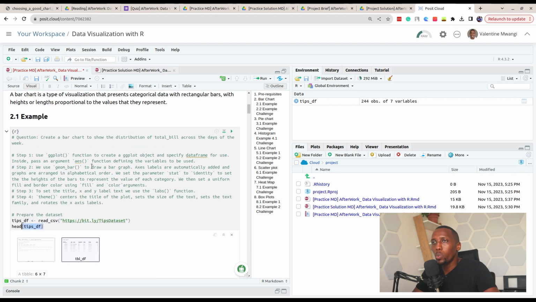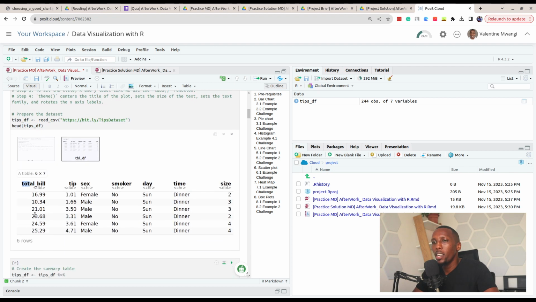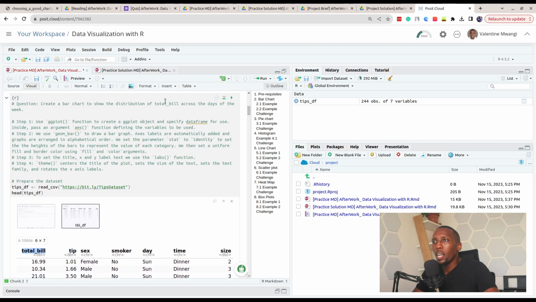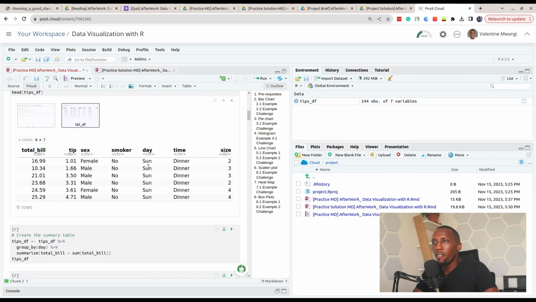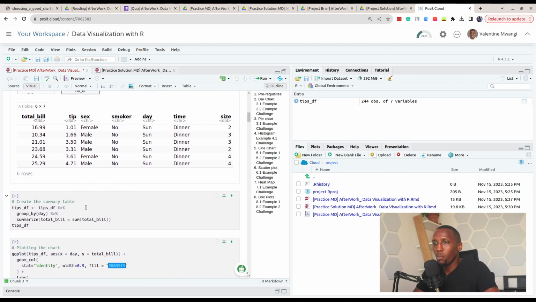And these are the columns. So what we want is to create a bar chart to show the distribution of total bill of this particular variable, of this particular column. That's what we want to do. But something you will note is that we want to show the distribution of total bill across the days of the week. So you see that we have Sunday, we could have Monday, Tuesday, but we don't know which day. So we will create a summary table. That's when I was telling you about you need to learn about data analysis concepts. So this you would learn in a data analysis workshop, where we create a summary table, and